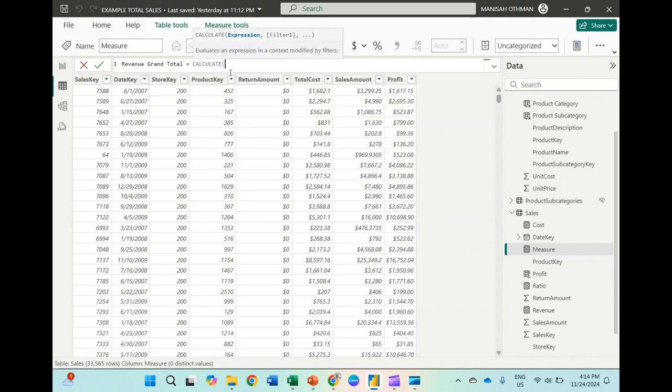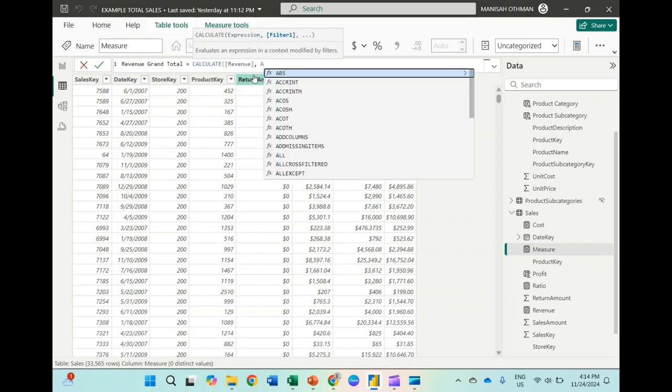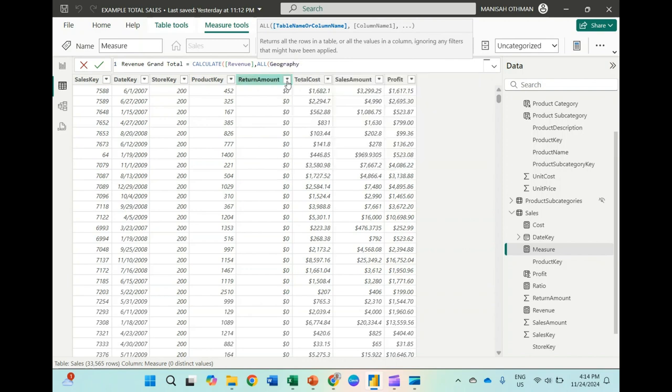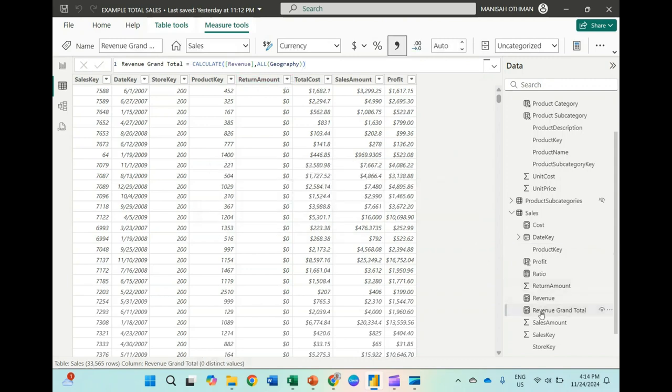Okay, same formula, revenue, or geography. Okay, all geography. Close the bracket, close and enter. Okay, we get a revenue grand total.